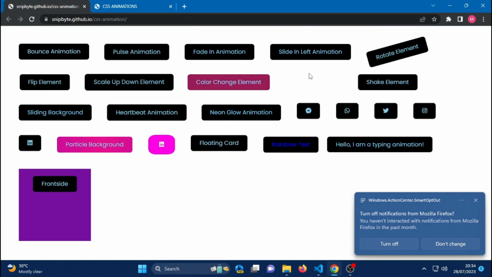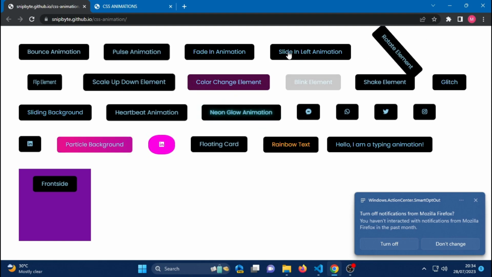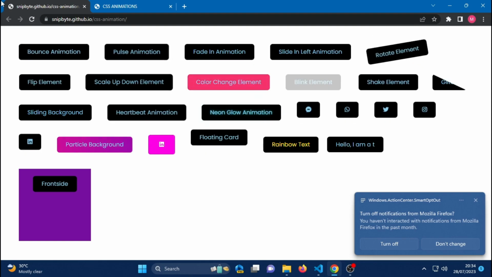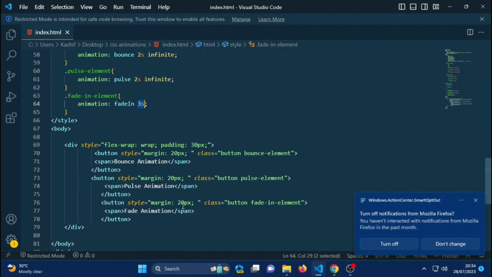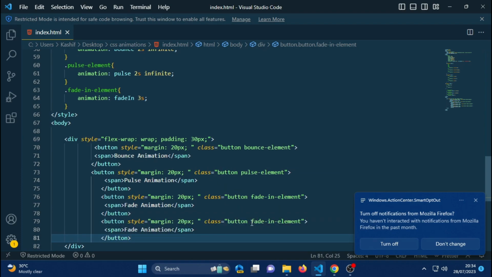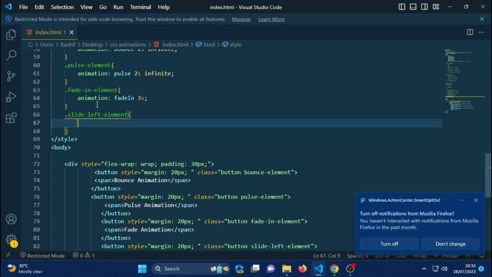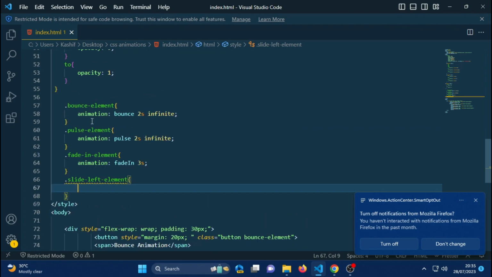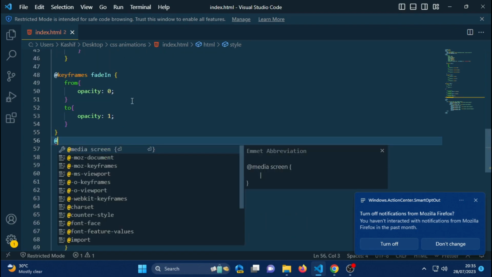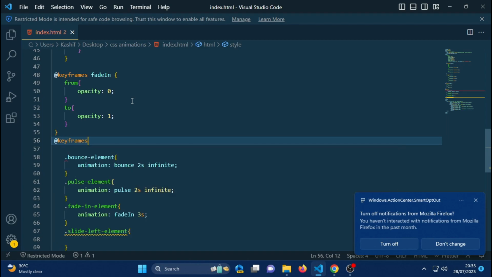Now it is time to make another animation, which is the slide in left animation. This is a very simple animation. I will copy this part, and I will say slide left, and here I will use this class dot slide left, and I will write this code later on. First of all, I will create a keyframe. To create a keyframe, I will use keyframes, and I will say slide in left,